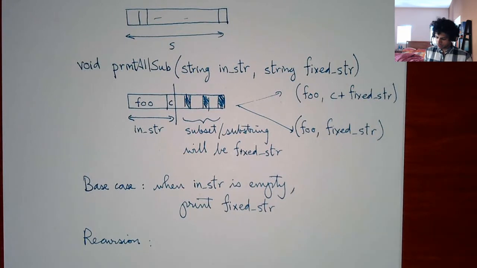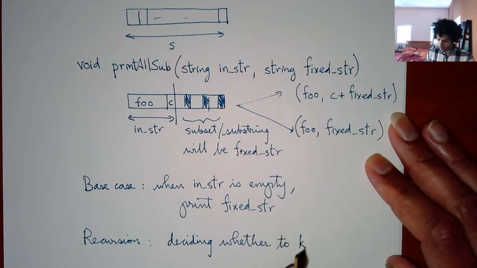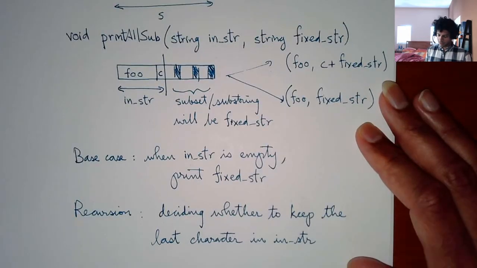So the recursion is basically deciding whether to keep the last character in the input string. And the fixed string,